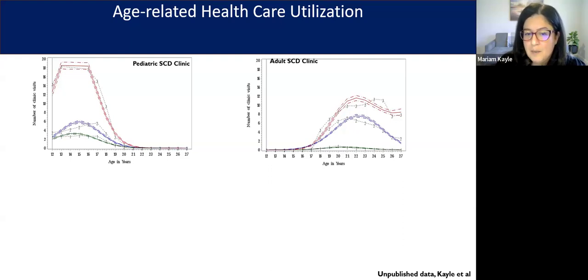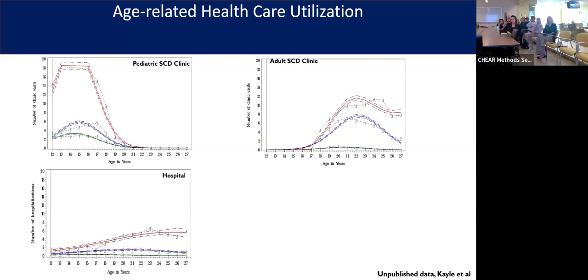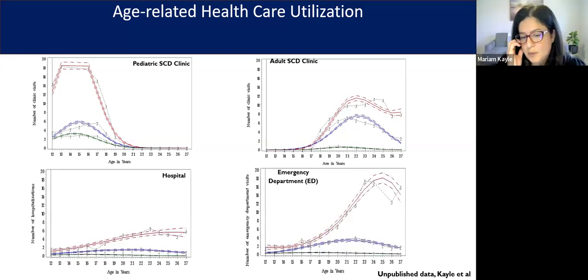So what this is saying basically is, one, it looks like 17 to 18 is the age of transition for this patient population, because that's when you start seeing them picking up in adult care in terms of visits. And two, whatever their utilization is in pediatrics is going to be similar to their utilization in adults. So if they're utilizing the clinic frequently in peds, they're likely to utilize the clinic frequently in adult, although to a lesser extent. Does that make sense? Thank you. Yep, thanks. I think it will make sense when we talk a little bit more about emergency department visits. So the same thing,